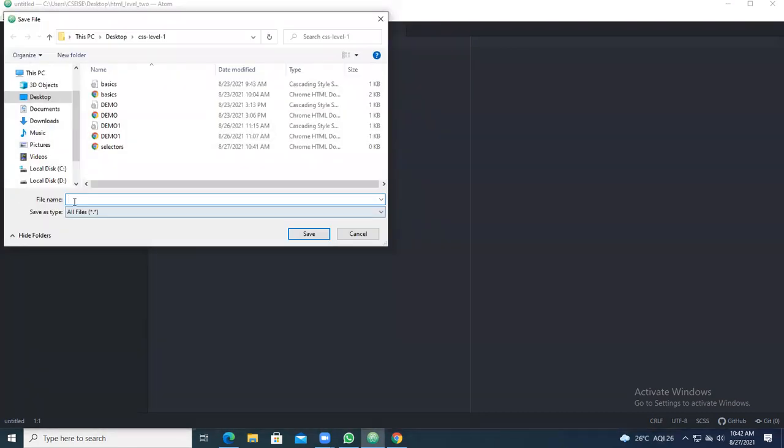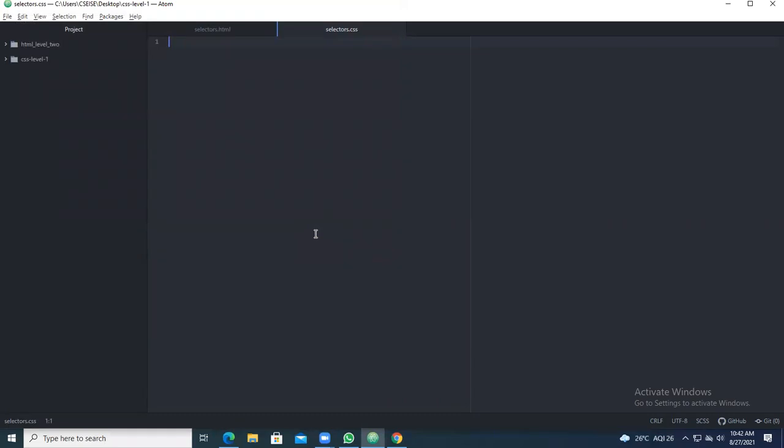I will take the name selectors.css. This is the file name I have taken, selectors.css, and I'm going to save it. Now you open HTML. Two files should be there: selectors.html and the other one selectors.css.